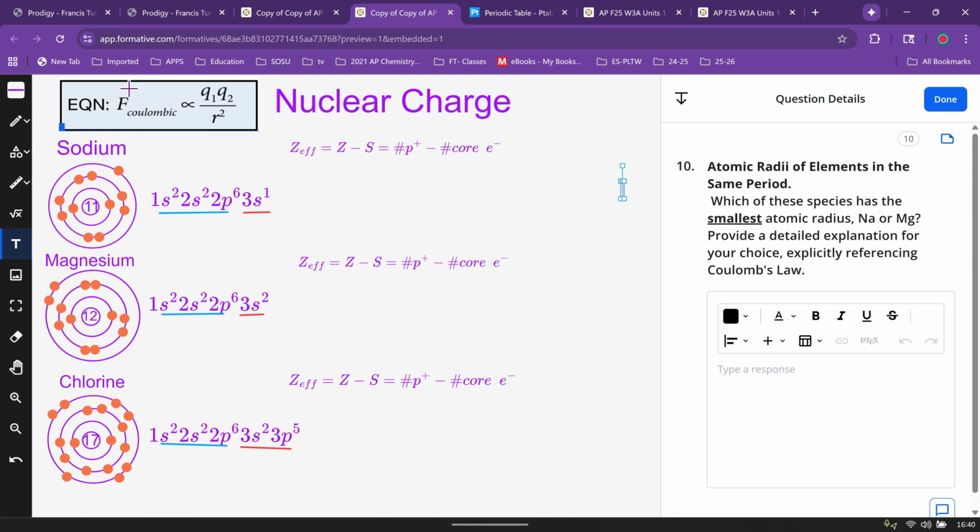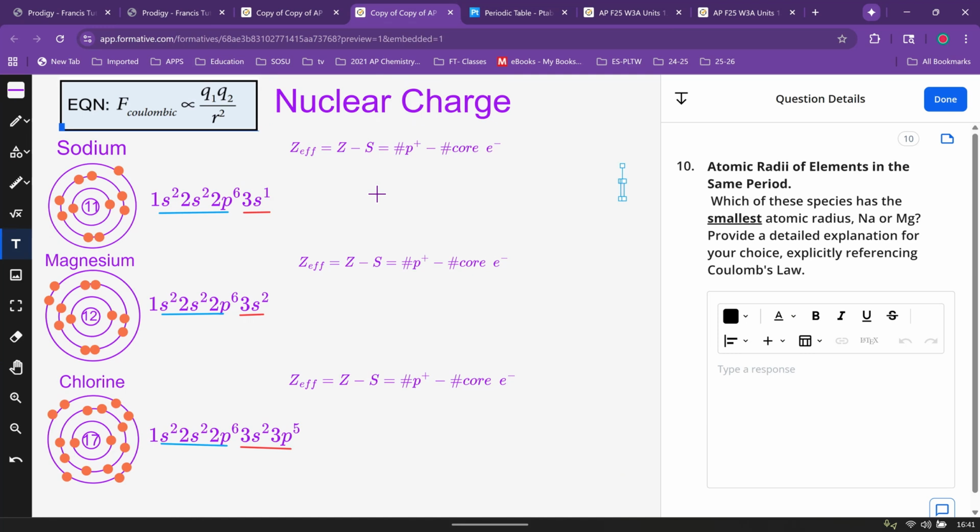And so because we know that there is a direct relationship between the nuclear charge and the force of attraction between the nucleus and the valence electrons, a direct relationship. And so what we have to figure out is what is the effective nuclear charge. Now, we noticed when we had group trends that as we went down a group, and our last example was magnesium and calcium in the previous problem, we noticed that the effective nuclear charge did not change, even though there were added protons. And that's because there was more core electrons as we go down the group that affects the